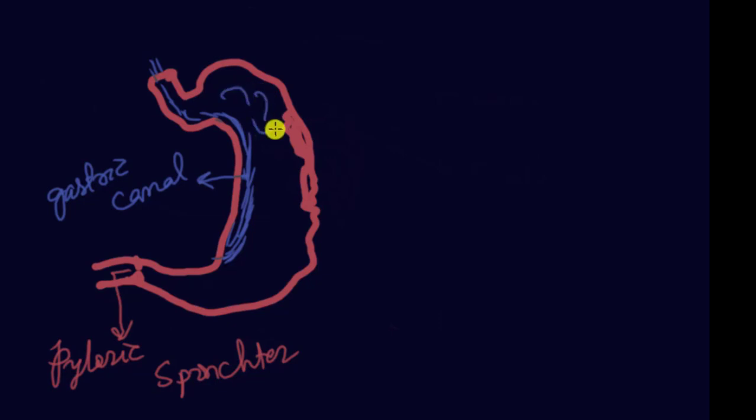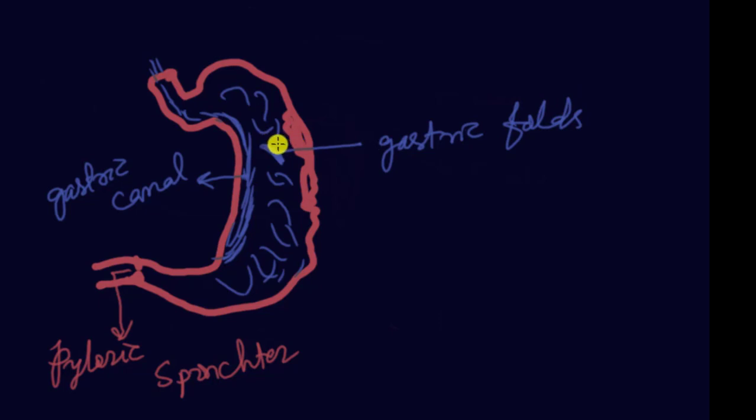Gastric canal, okay. So if you go towards the left side, at this point you will find there are some pits in the ridges, okay, like this. You'll find some pits and ridges. These pits and ridges are known as your, which folds? The gastric folds. And the depressed parts are known as your gastric pits, okay.